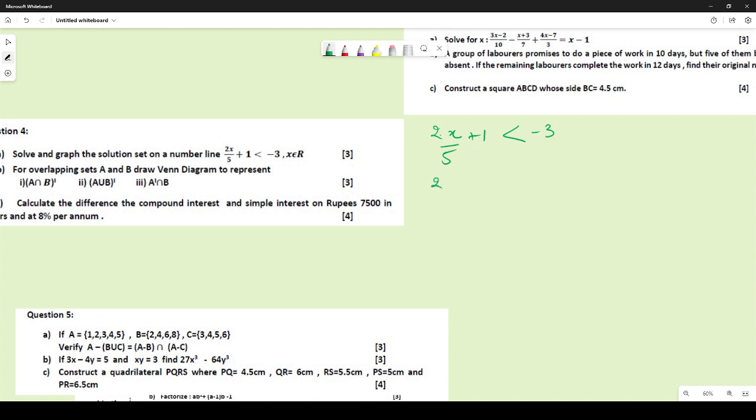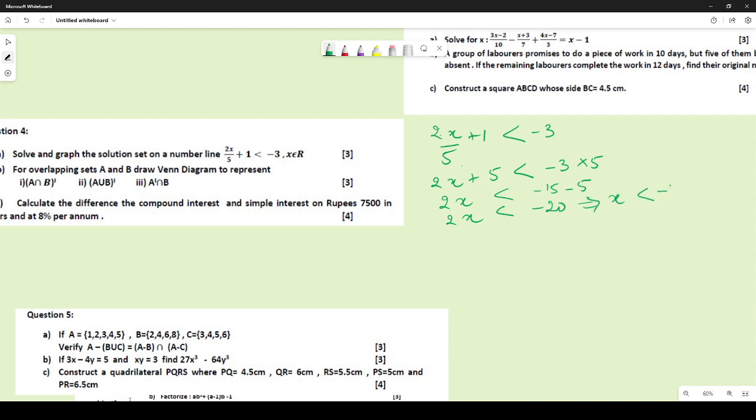So this is 2x by 5 is less than minus 3 into 5. This 5 goes over here, this 5 becomes 5 because remember fractions. So what you have over here is 2x is less than minus 15 minus 5, so 2x is less than minus 20,